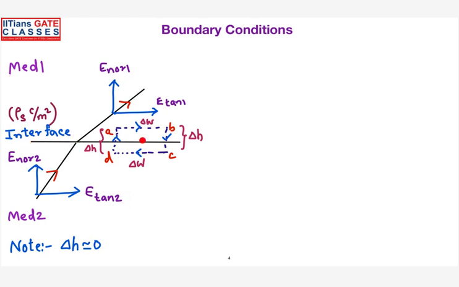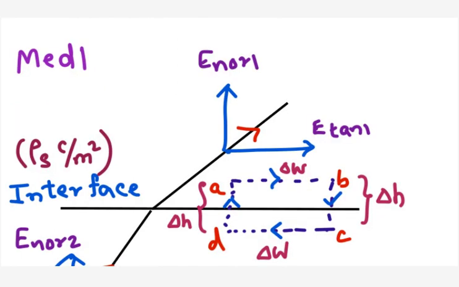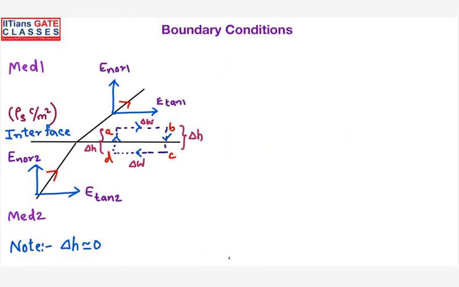So if there is an interface which is separating two different mediums, and if you know the electric field intensity in one medium, with the help of boundary conditions, you are able to define what is the electric field intensity in the other medium. So if you know in medium 2 what the electric field intensity will be, using boundary conditions, you can exactly say how much electric field will be there in the first medium. So the advantage of the boundary condition is to derive the relationship between the electric field intensity across two different mediums.